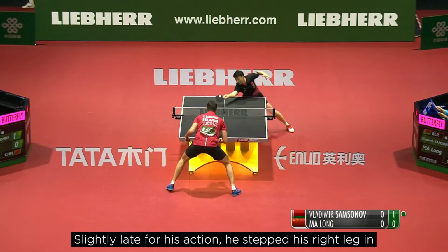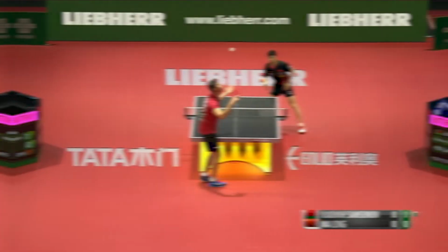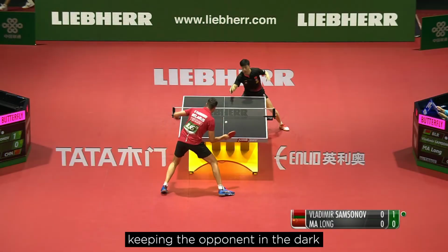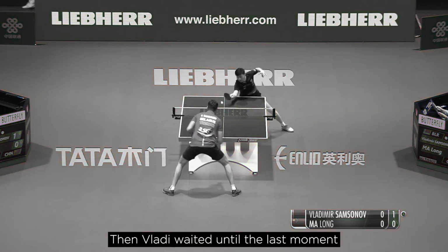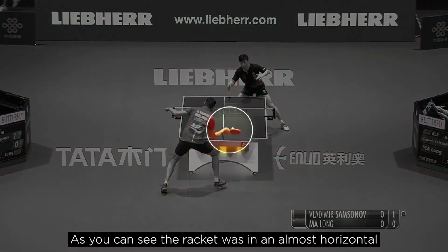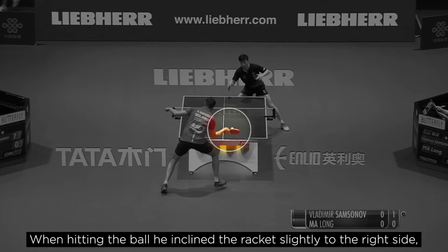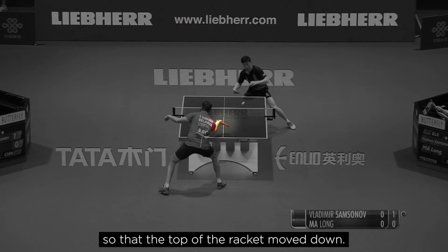Slightly late for his action, he stepped his right leg in front below the table at the last moment. He kept his body in a neutral position, keeping the opponent in the dark as to the placement of his ball. Then Vladi waited until the last moment to move his racket as an extension of his wrist towards the ball. As you can see, the racket was in an almost horizontal position just before hitting the ball. When hitting the ball, he inclined the racket slightly to the right side so that the top of the racket